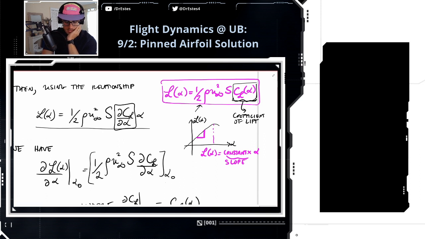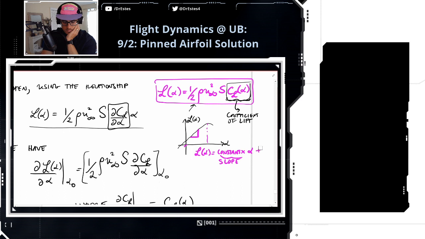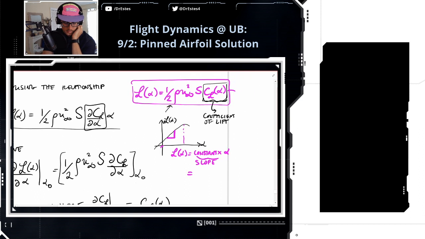Well, I guess it doesn't intersect at 0 here, so you should have another constant. So I'm guessing when I write this, we're actually assuming that the coefficient of lift has some offset too. But the point is, the lift is some constant, it's some slope times alpha. So we break down this coefficient of lift